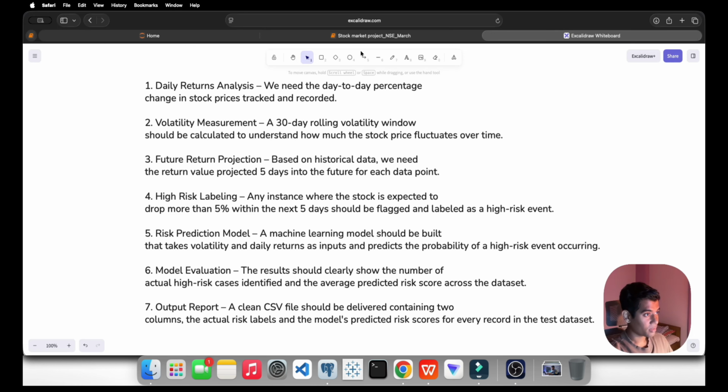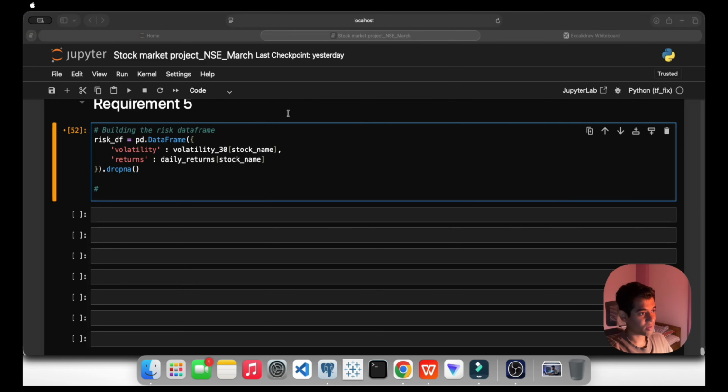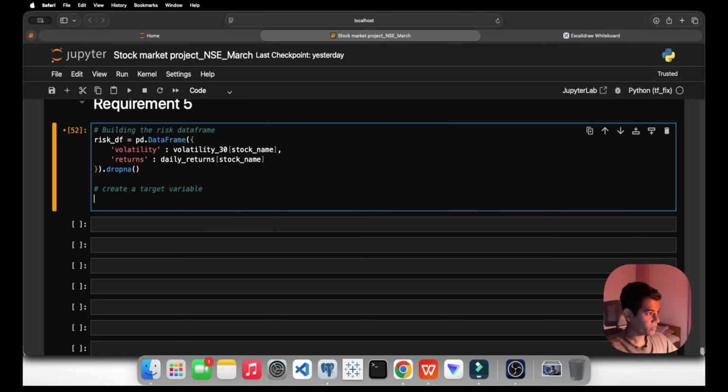Target variable we will create. What we will create? We will create a target variable. Okay, inside this,